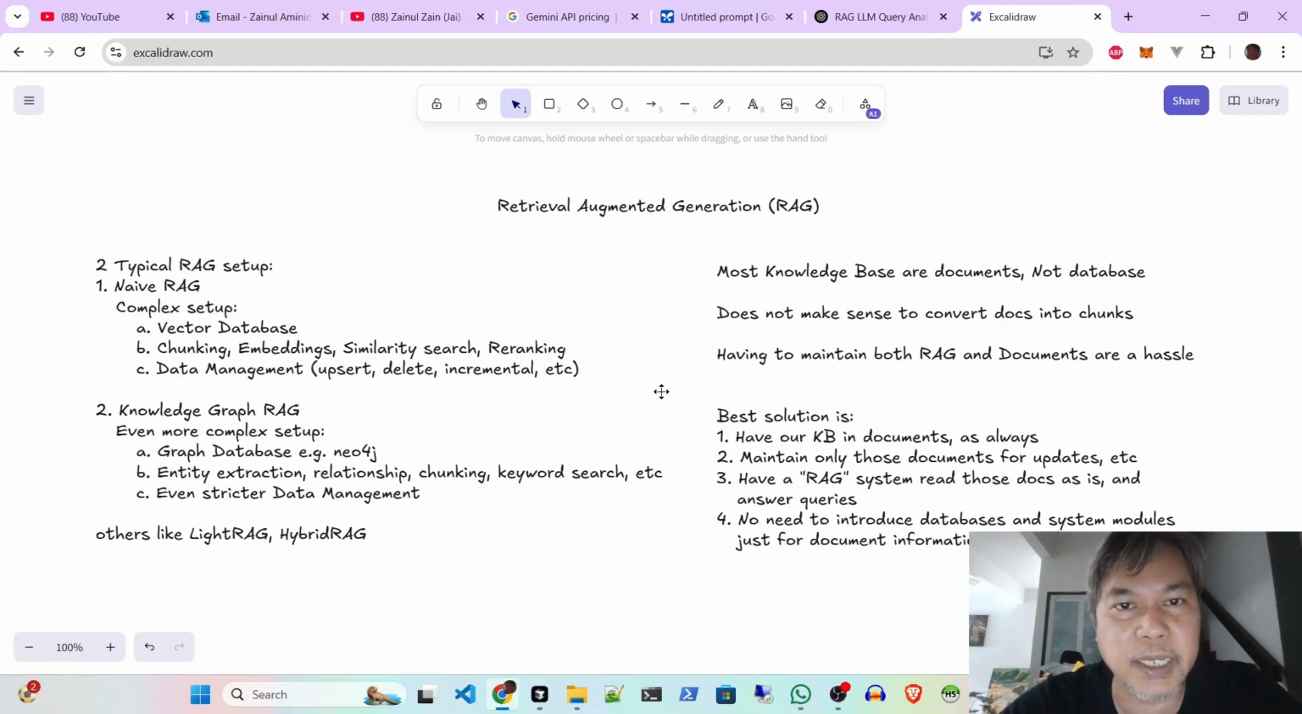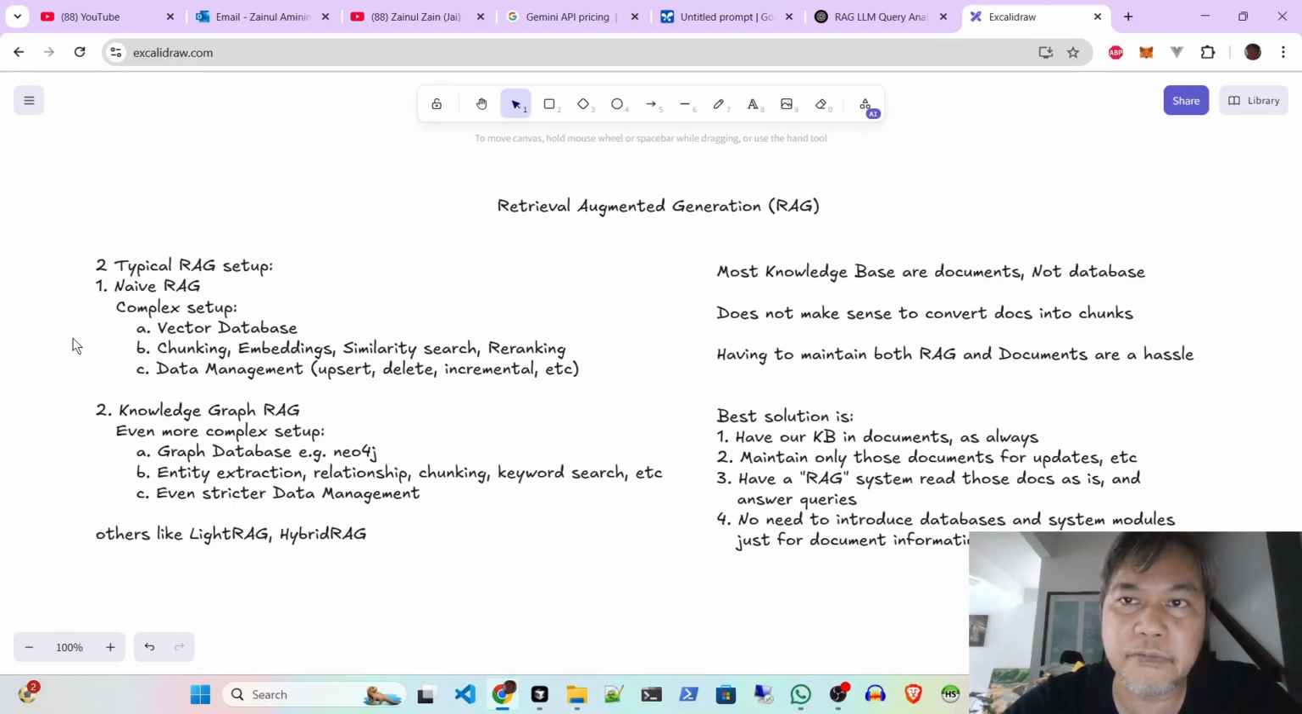Okay, so today I want to talk about retrieval augmented generation, or RAG. Basically, the idea that RAG is changing a little bit nowadays. Let me talk first about the typical RAG setup, which is either you use naive RAG, where you do chunking and embeddings and do similarity search, re-ranking and all that,